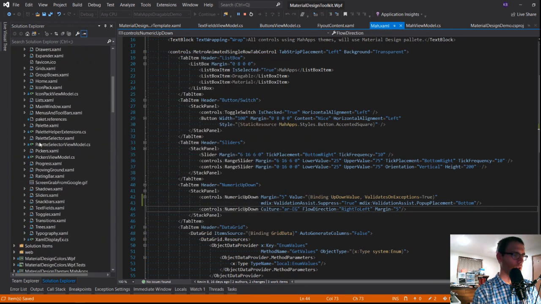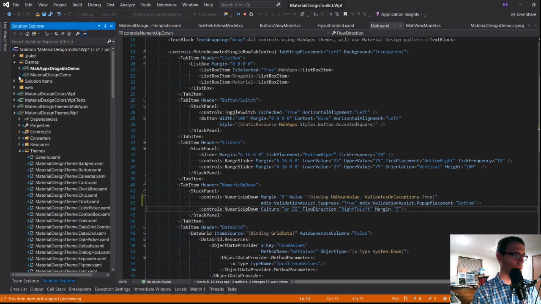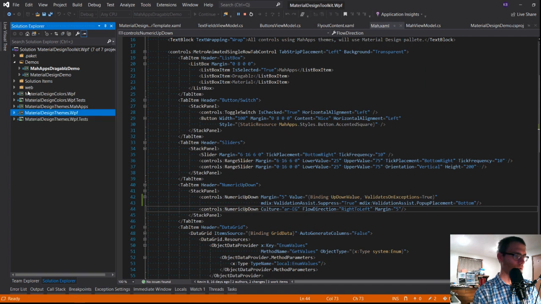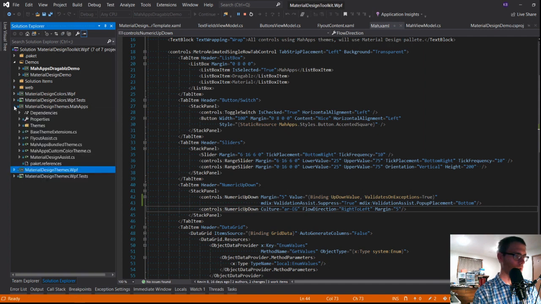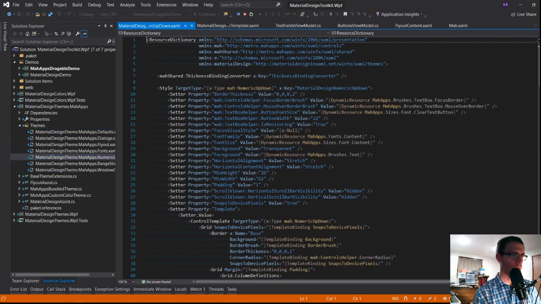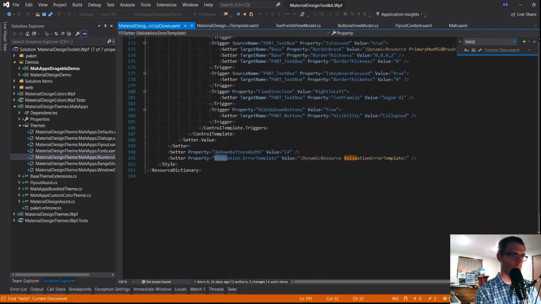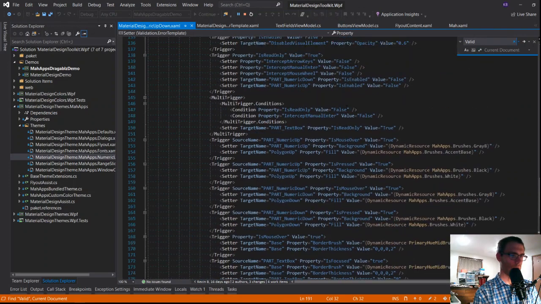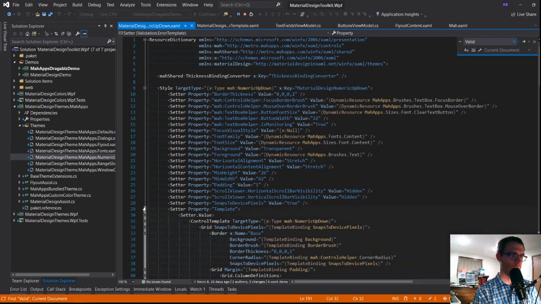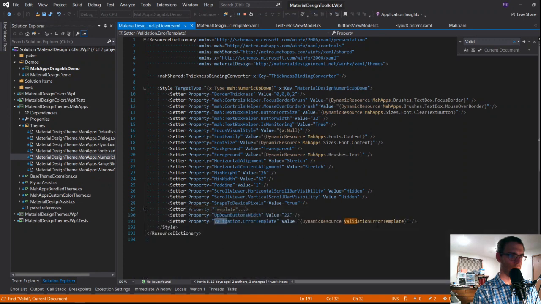So let's take a look, because this might legitimately be a bug then. So let's see, my app's integration, themes, something about the numeric up down. It is appropriately setting it.